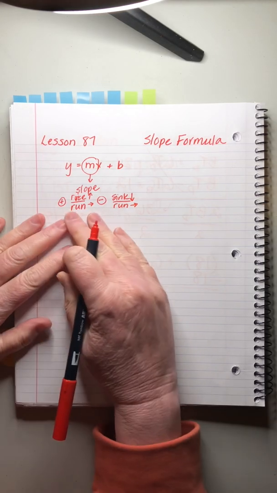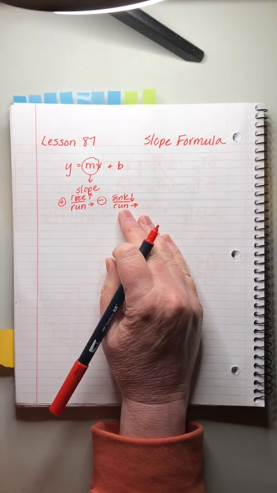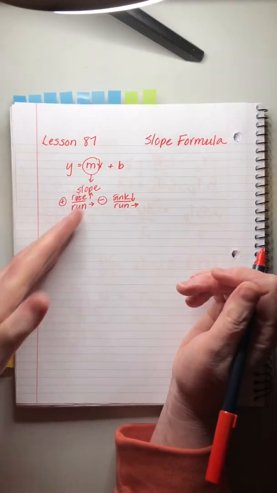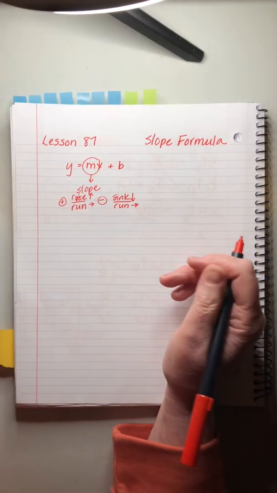All right, and we know that there's that picture that I always talk about of the little person in the car riding up the hill or riding down the hill. Positive slopes go up, negative slopes go down. You've got to imagine,